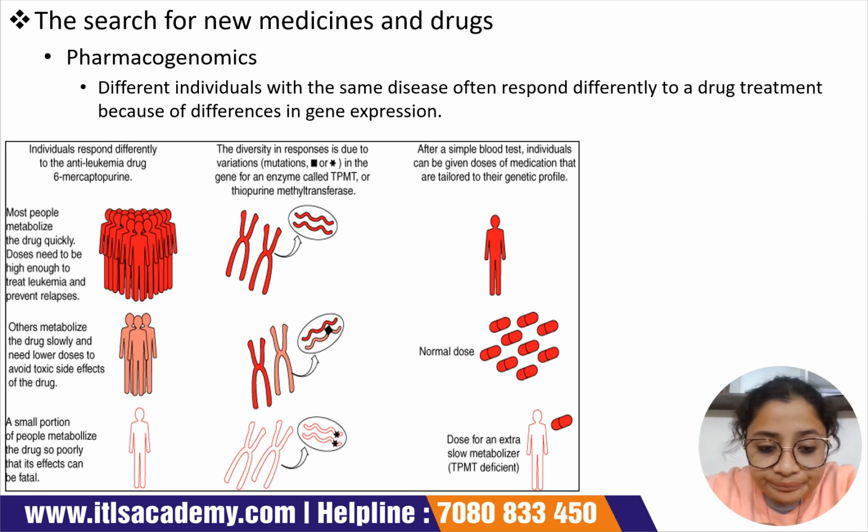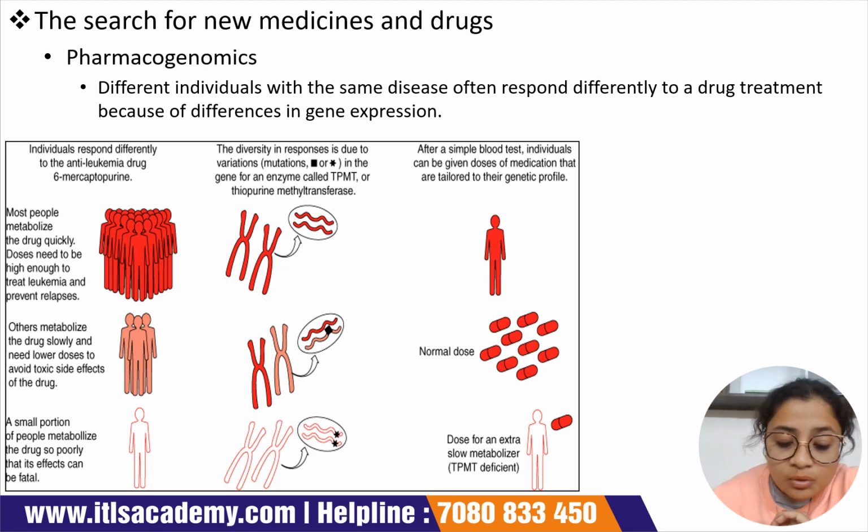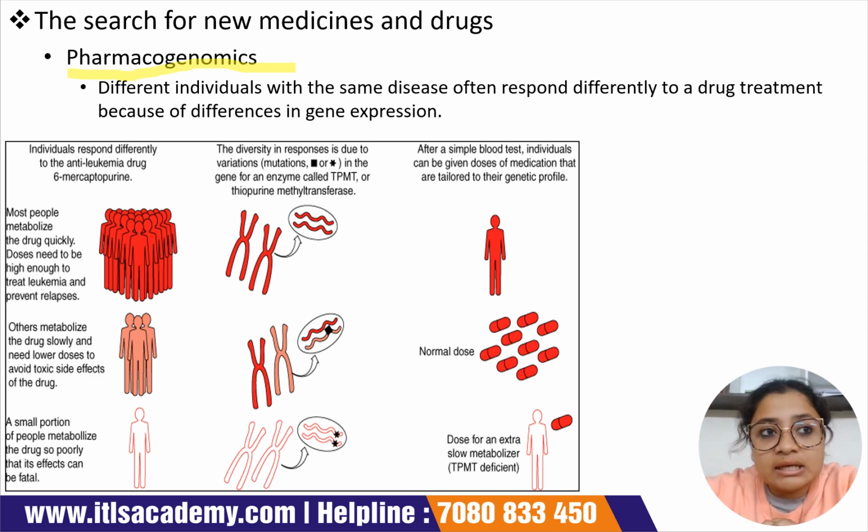Okay, again moving forward. Now coming to a very important concept, that is pharmacogenomics. Okay, now what is pharmacogenomics? The word pharmaco deals with drugs, as we all know, and the word genomics deals with genes, as we all know. So pharmacology is a branch of study in medical biotechnology where we are dealing with various types of drugs, particularly the newly evolving or emerging drugs. They can be cancer drugs, they can be drugs against infectious diseases like COVID, SARS. So, newly upcoming emerging drugs.